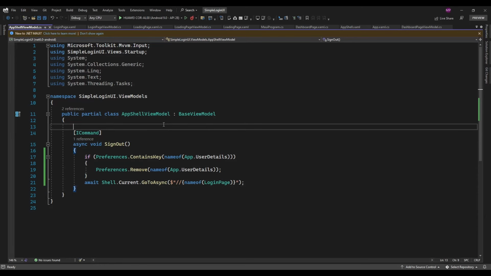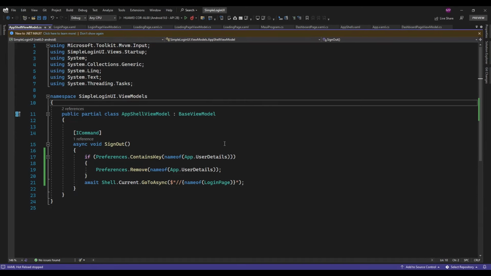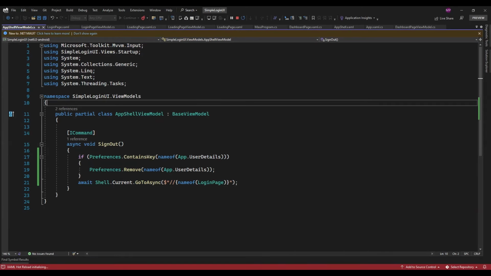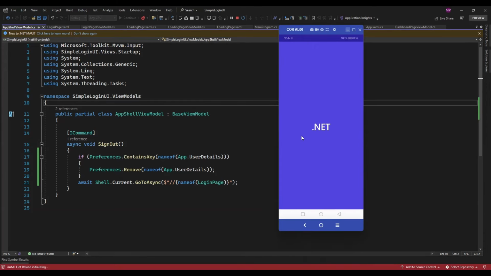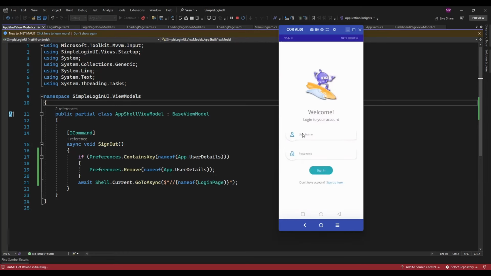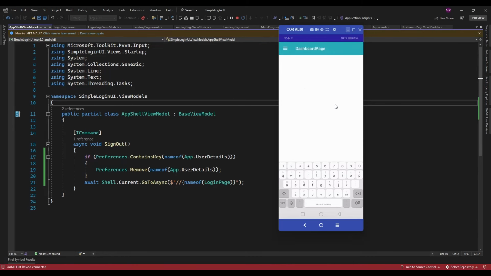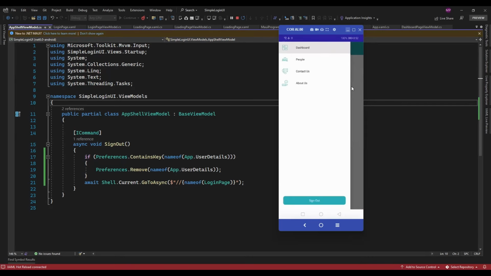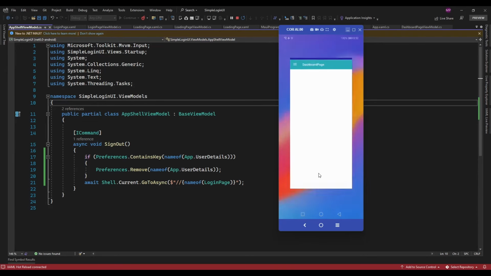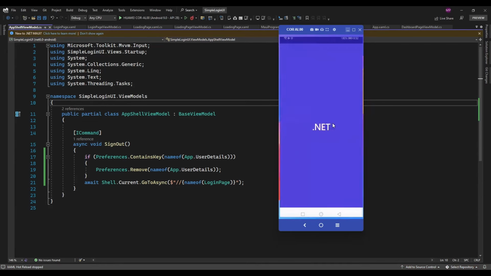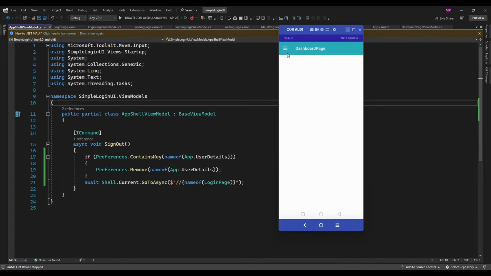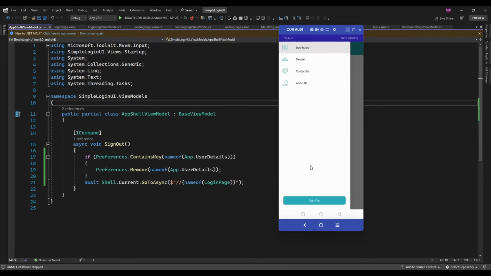Okay, so now let's run the application. So let me do login here, and okay, now it's navigated to dashboard page. Let me close the app and again reopen. So now it's directly navigated to dashboard page, because